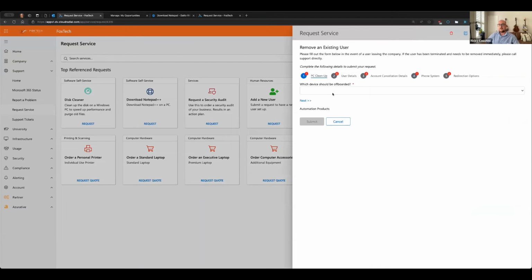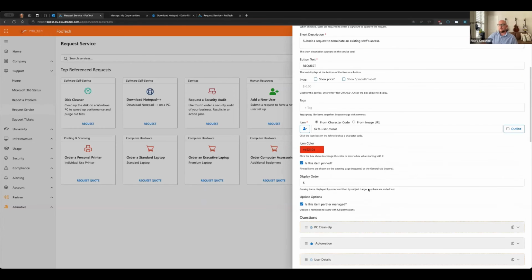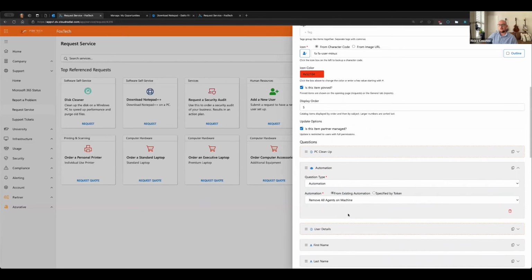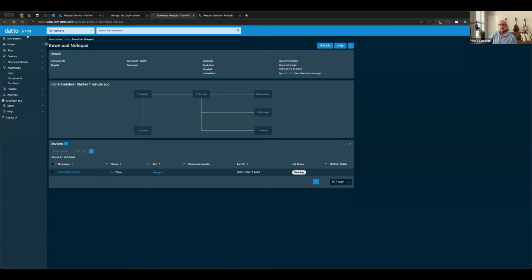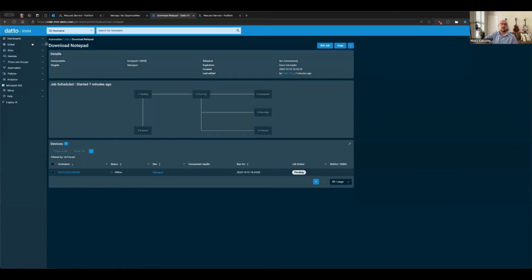And you certainly can, but even something like this, which device should be offboarded? What's going on over here? What am I doing to Pablo's virtual Windows 10 machine? Well, in this case, what I did was I created an automation for removing all the agents on their machine. So I'm having the end user run that command for me, right? So I've defined in my RMM over there that I want them to take care of a bunch of stuff. Again, clean off the RMM agent, clean off the CloudRadial agent, clean off all the different agents. And I bundled that into one